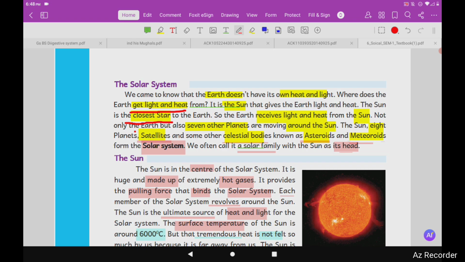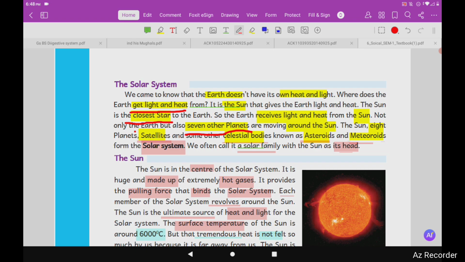Not only the earth but also the 7 other planets receive light and heat from the sun. Why? Even though there are so many stars, why are we getting light and heat only from the sun? Because it is the nearest star to us. It is nearer. Here, look, the sun,